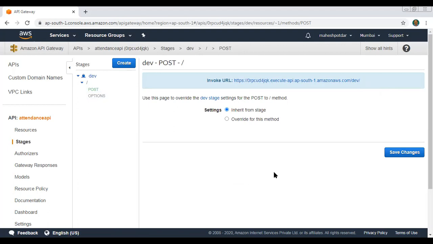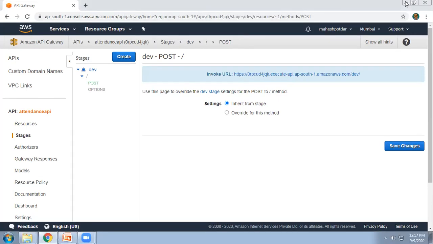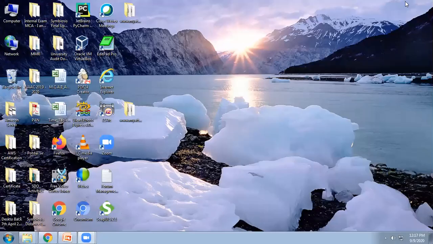After that, you create the HTML program. I have created the HTML program. I have created one folder. So copy this, then open a folder.